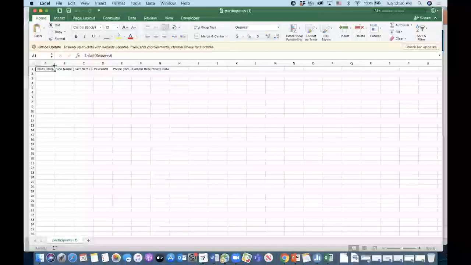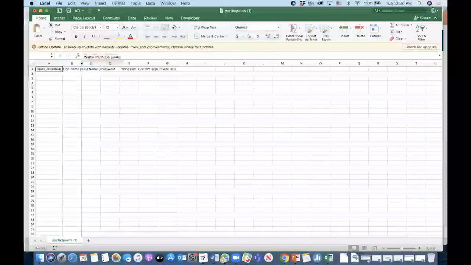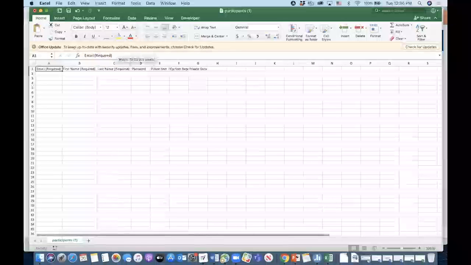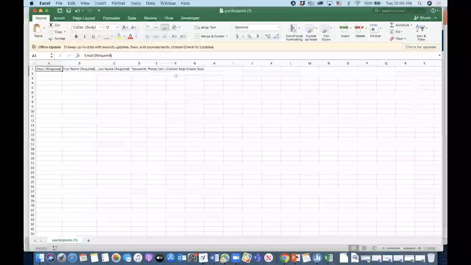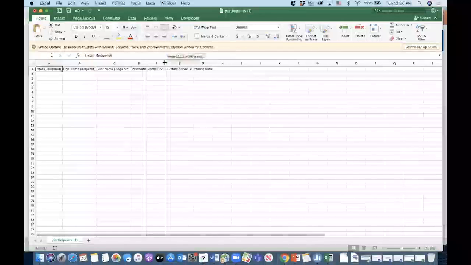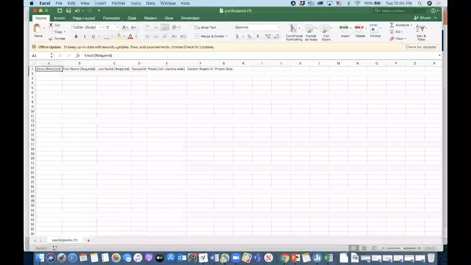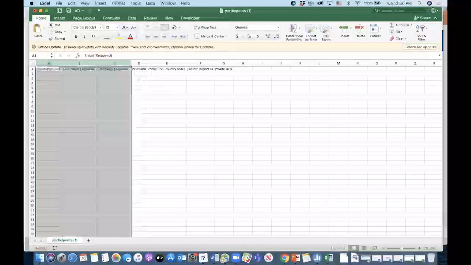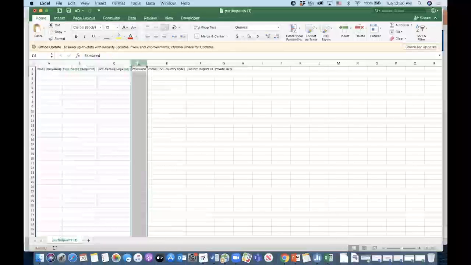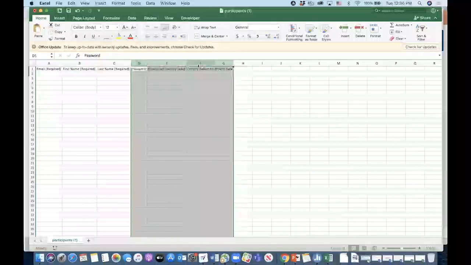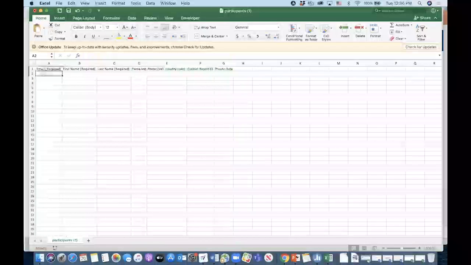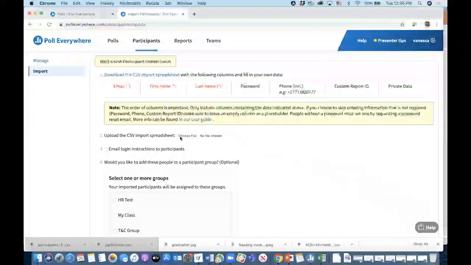Okay, perfect. So this is the Excel sheet that Poll Everywhere recommends, formatting wise, for you to input participant information. You only need these first three columns to be filled out. You do not necessarily need these, so you can even delete these if you don't need them. But essentially, you just have to make sure you have your colleague's email, first name, and last name, okay? When you fill that out and you save it, you then go back to Poll Everywhere and choose